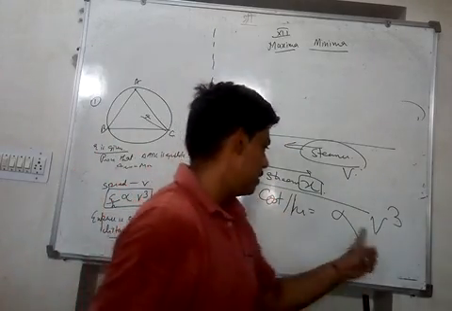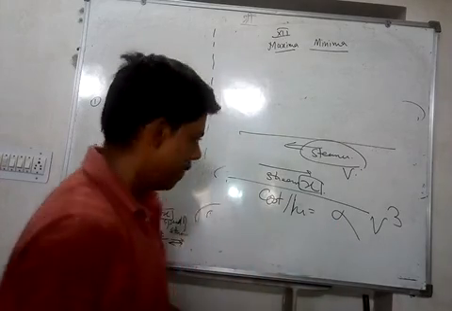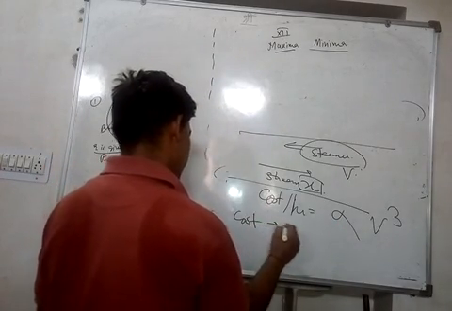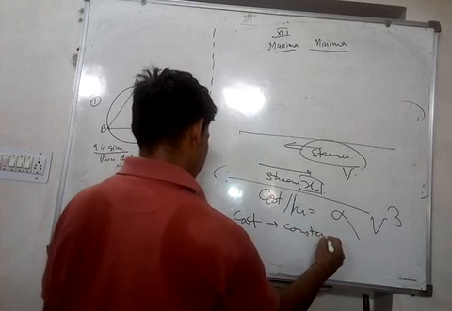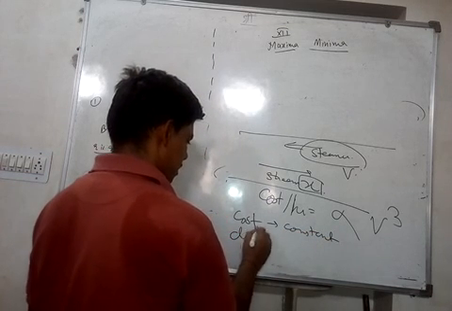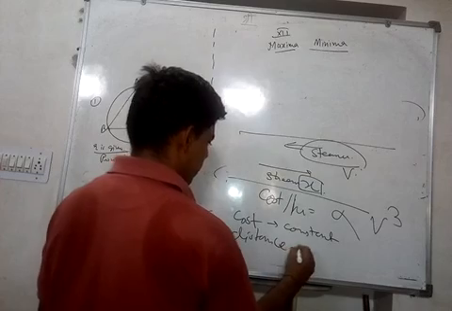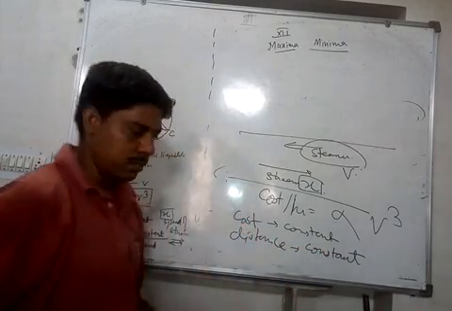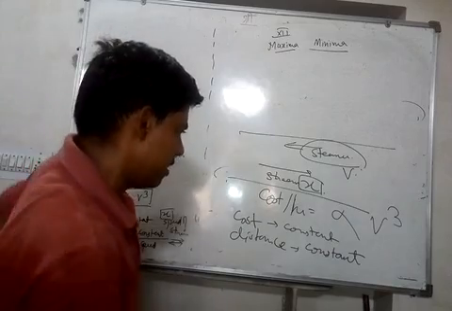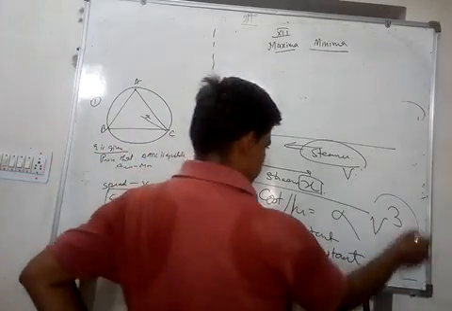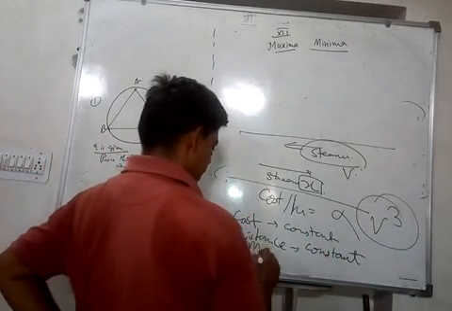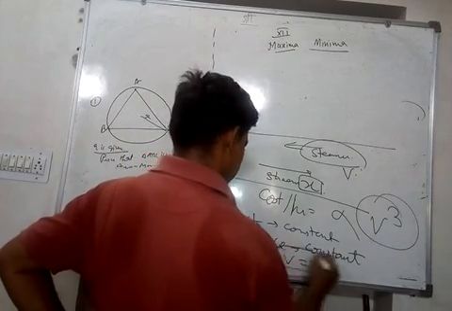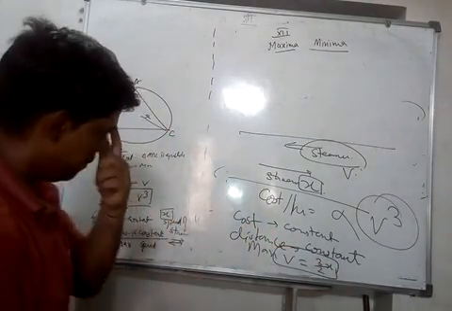So if you increase the speed, cost per hour will increase. So if the cost is constant for a given distance, we will keep the distance as constant, okay. Cost is constant, distance is constant. We have to prove that the maximum speed with which you can run, maximize v, is 3 by 2 x. This you have to prove, okay.